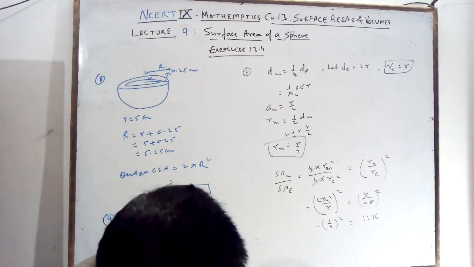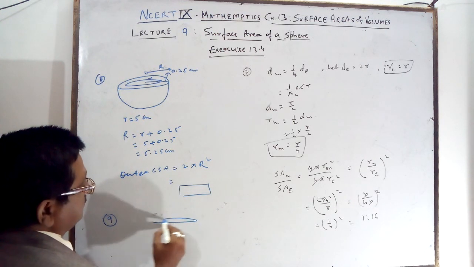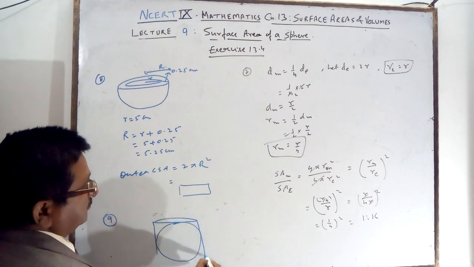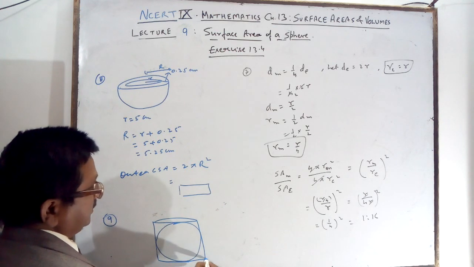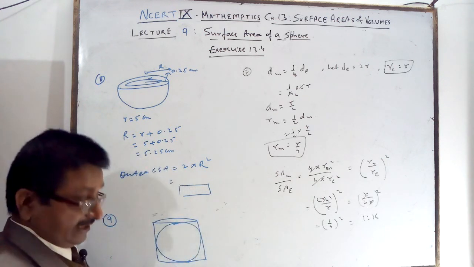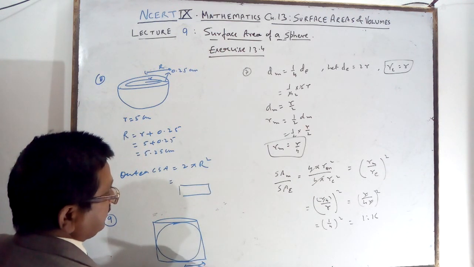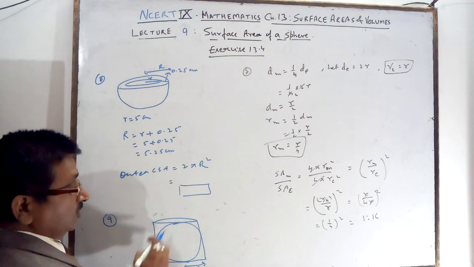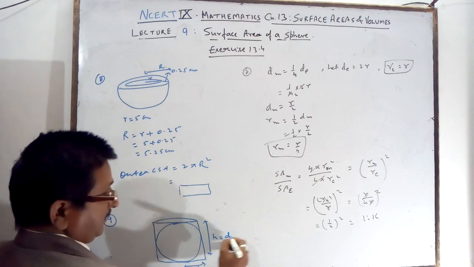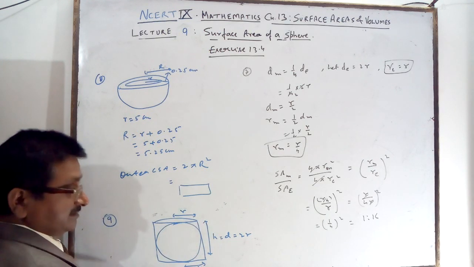In the question number 9, a right circular cylinder. It is given, right circular cylinder just encloses the sphere of radius r. Sphere of radius r, it is given r. Just enclosure means touching the walls. So height of cylinder is the diameter, that is 2r. And the radius of the sphere as well as the radius of the cylinder both will be same.